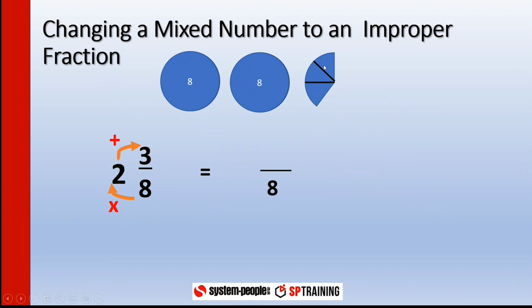So we have got 2 lots here of eighths, which makes 16, plus the 3 extra, 17, 18, 19, and we end up with 19/8. And that is how we've changed our mixed number into an improper fraction,